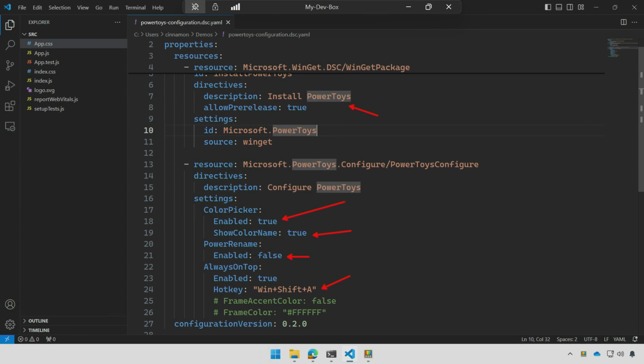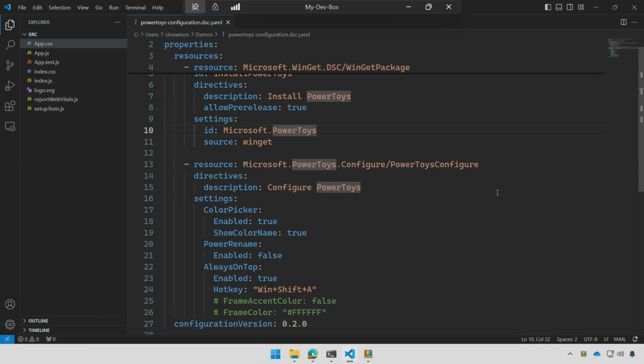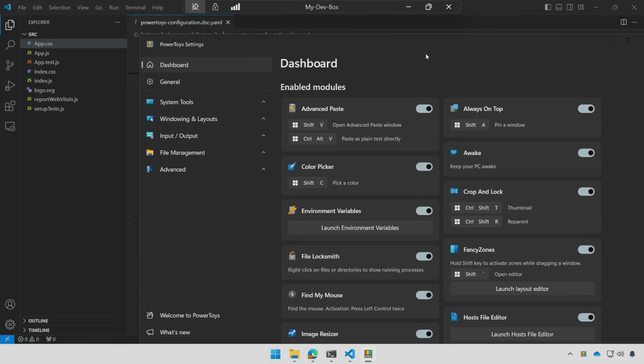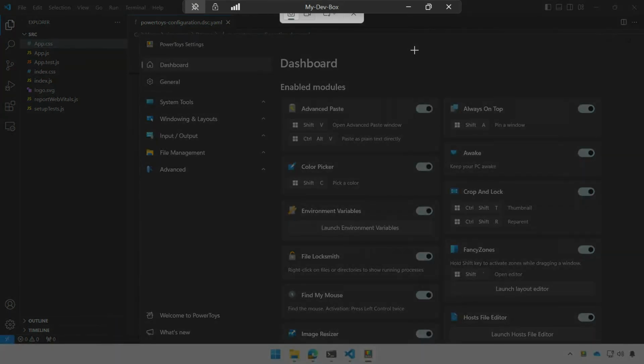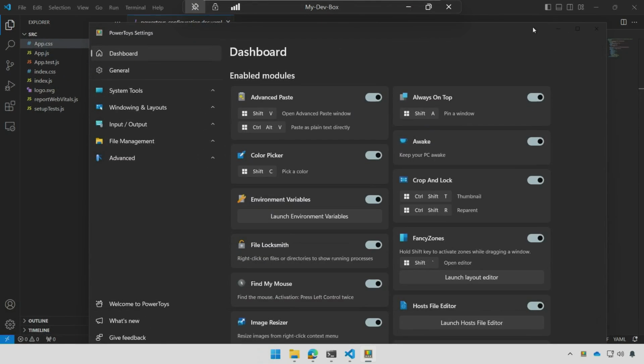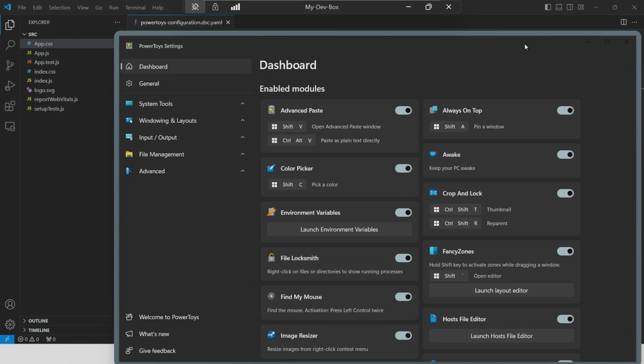And PowerToys, if you're unfamiliar, is a suite of a bunch of different utilities that just makes using Windows even more awesome. And the ones that we'll be using right now is the color picker, which I can enable with Win-Shift-C. And you can see it says dark gray. I've got the colors there. And then Always On Top, which lets me keep a window always on top of everything else. It's aptly named. It's in the name. Yeah. So, and I said I always forget the shortcuts, and I forgot this one. Win-Shift-A. Perfect. OK. So that has set a border around my window, and now it'll always hover above anything else.